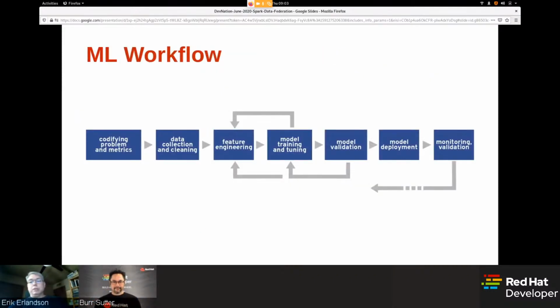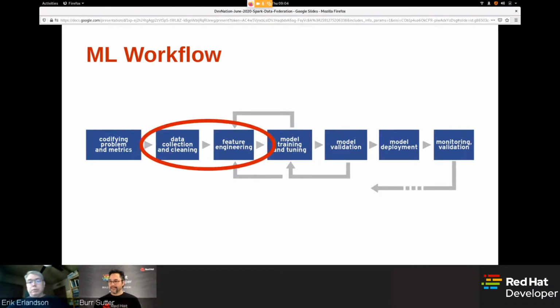So we can also look at machine learning enablement for applications as a workflow. You start by establishing business goals, doing your data collection, do your feature engineering, and then your actual model training. This is the part where when people talk about machine learning, tends to be the part that gets a lot of press. And then, of course, afterwards, you have to do things like model validation, deploy the model, and then when it's in deployment, do monitoring. You can see that a lot of these processes involve feedback loops as you go through your development and operations.